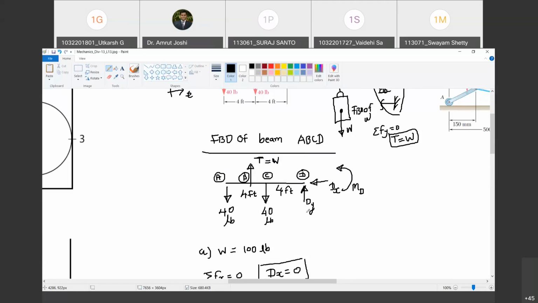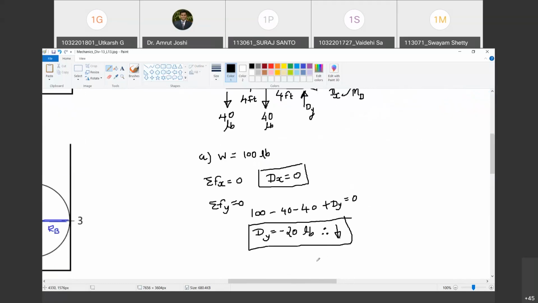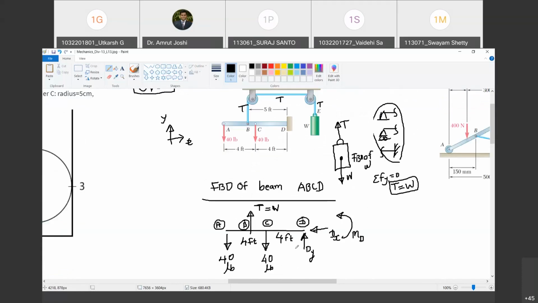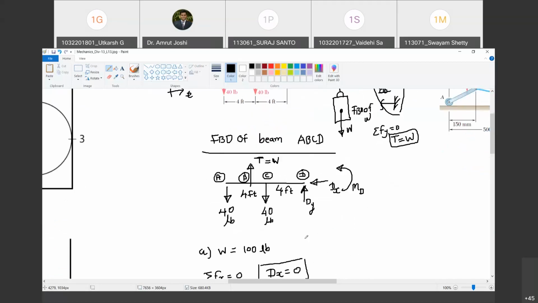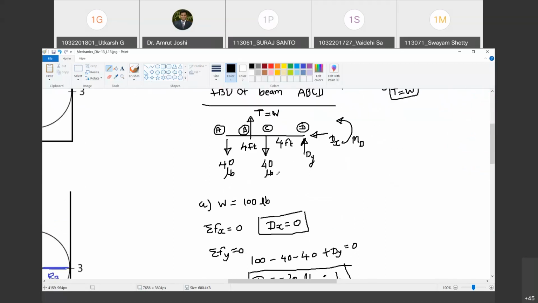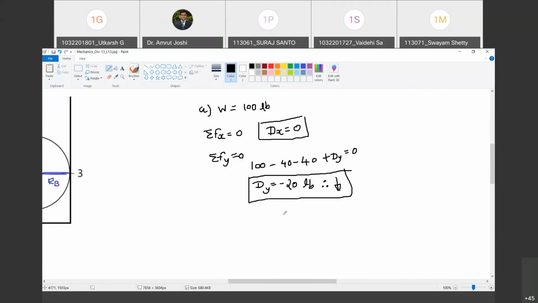In the end, we can report that we have taken the wrong direction, but we have to consider the originally taken directions all along. So for the next application of equations of equilibrium, we are still going to consider Dy as upward with magnitude minus 20. हाँ, ये ध्यान में रखना. Once the free body diagram is drawn, you are not going to change it. You will take care of reversal of sense just by incorporating a negative sign.